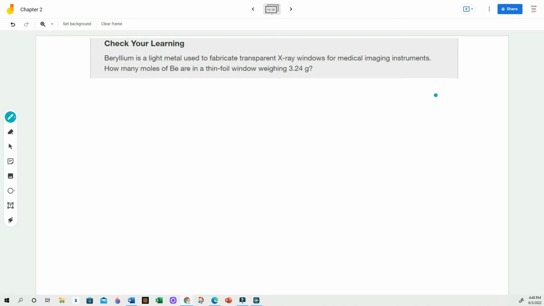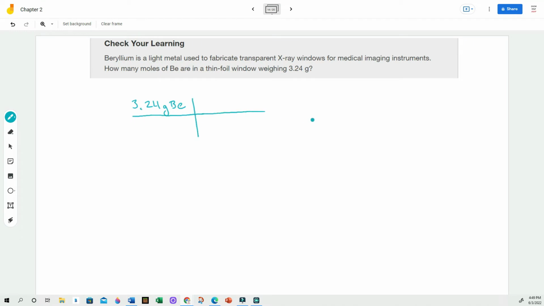Beryllium is a light metal used to fabricate transparent X-ray windows for medical imaging instruments. How many moles of beryllium are in a thin foil window weighing 3.24 grams? Okay, so again, we are given grams and we want to convert to moles. To do that, we need the molar mass of beryllium. And again, because it's an element, we can just go to the periodic table for that. So starting with our